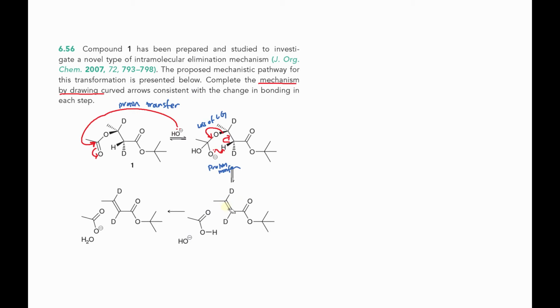Then, let's see, we have to compare this structure with that structure. Oh, there's one thing I forgot before we go there. You see that the hydroxide is cleaved off, right? And also the carbon cannot have 5 pairs around it, and I just forgot to place that. So now we have 3 molecules instead of 2. So we have 2 leaving structures, or 2 leaving groups. Okay, so here we have, and now to compare this with our final product,